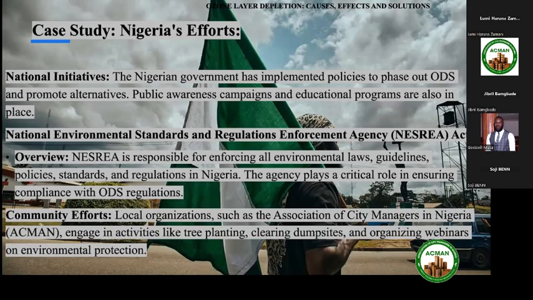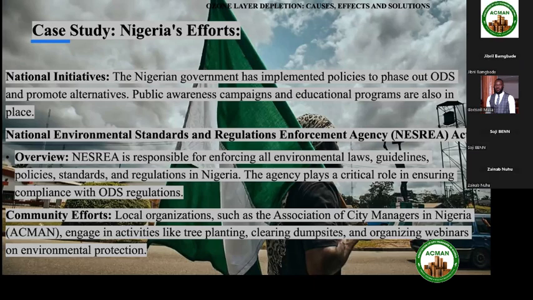Local organizations such as ACMAN engage in activities like tree planting. Different species of trees also help combat the effects of ozone layer depletion on the trees and plants, on the environment too.